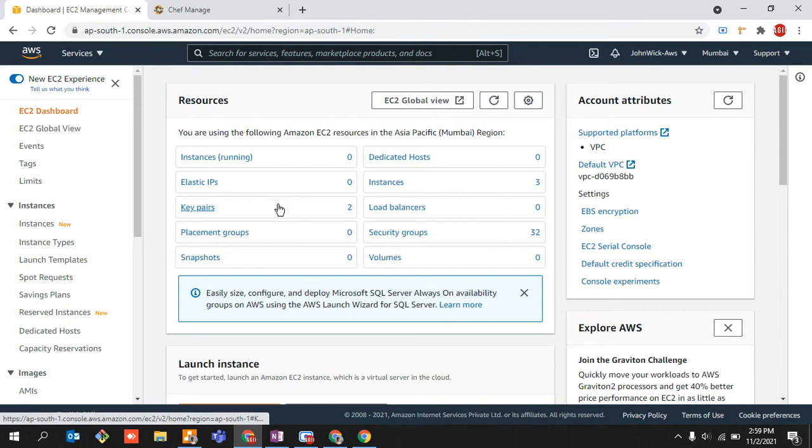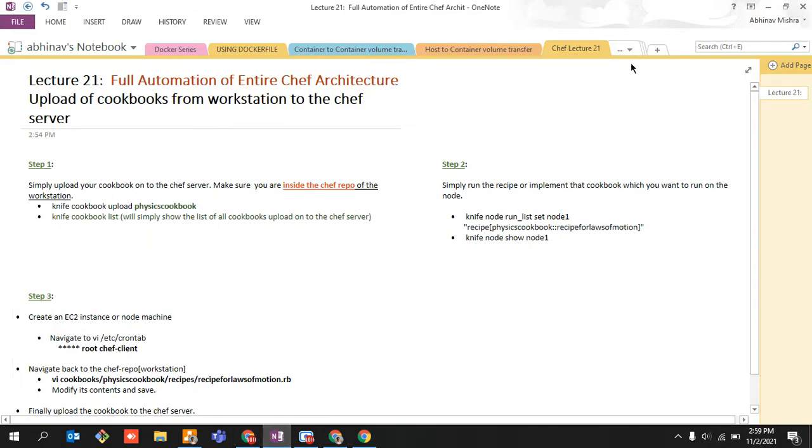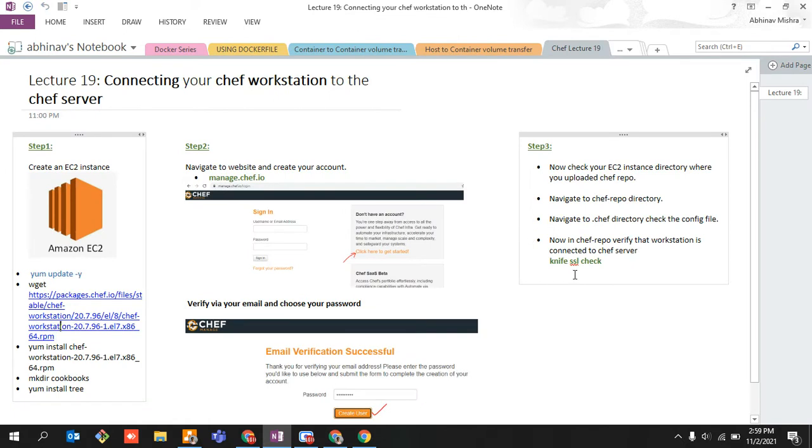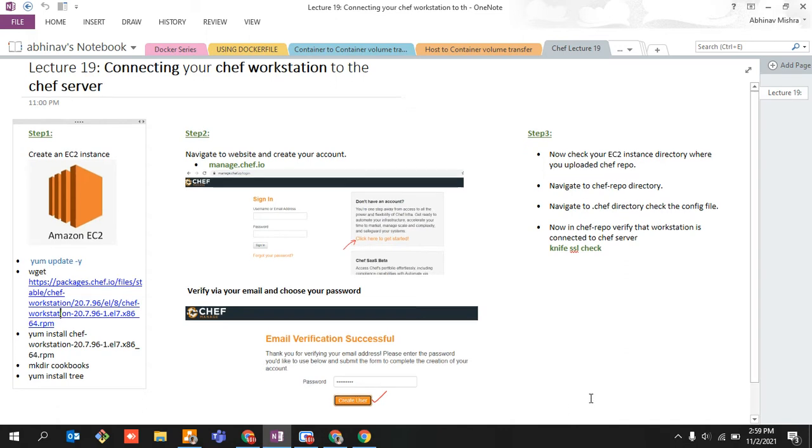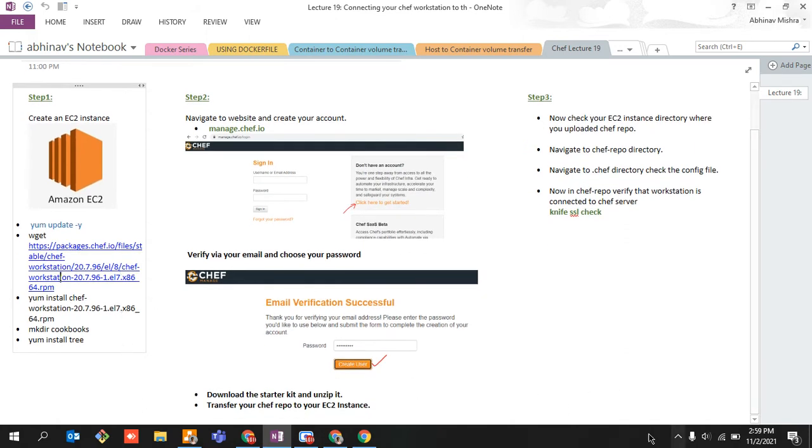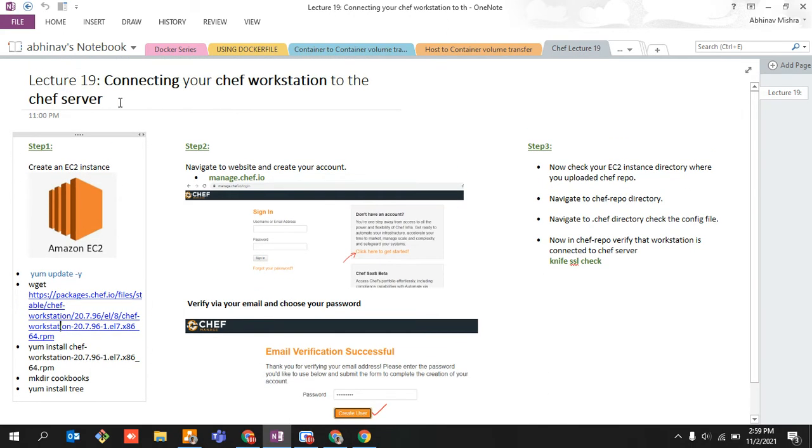Here I am on my AWS Management Console. I do not have any instances running as of now. So what is my very first thing? The best part is that whatever I'm going to do, I'm going to do with my own stuff that I've created. Those who might be getting confused about whether, by seeing everything, they will be able to do everything: yes, you will be able to, because I am going to do it in front of you with the help of whatever effort I've put into creating this lecture. So I'll be using my stuff only, right?